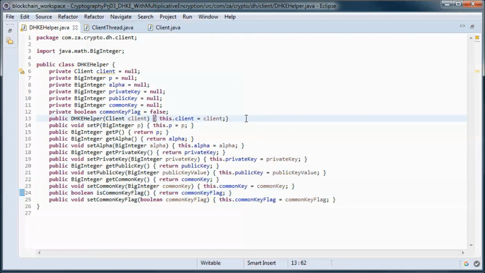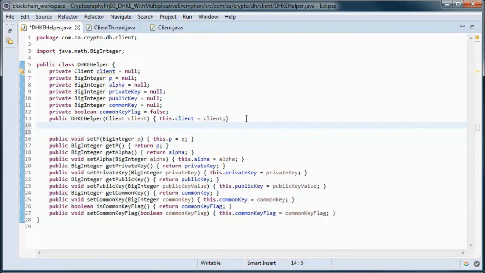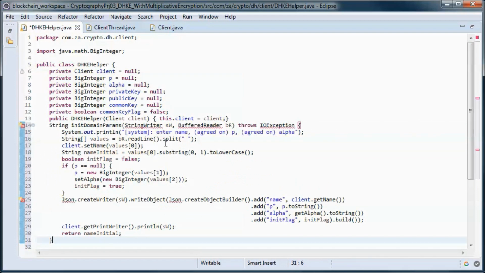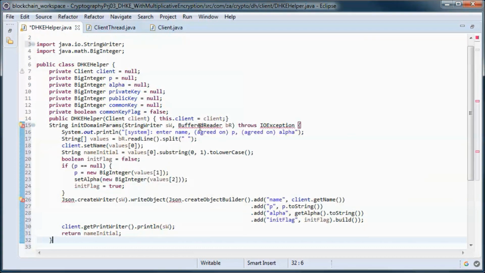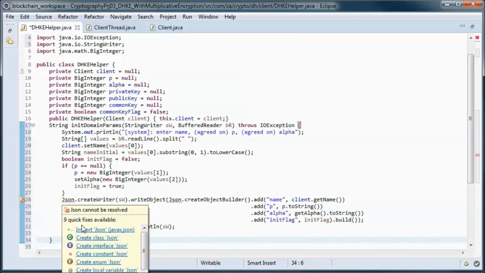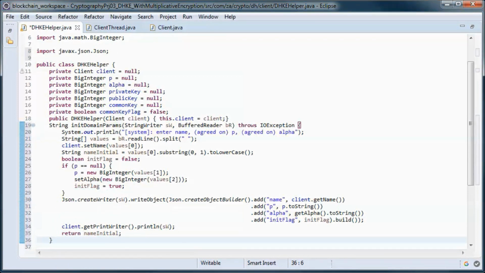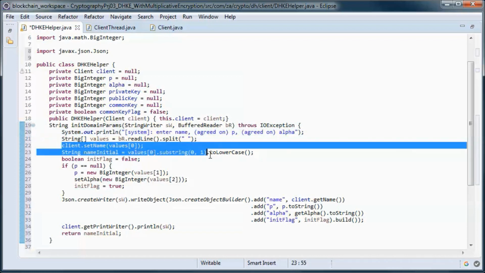And this method will initialize the domain parameters. So here we prompt the user for the prime number P and the generator alpha and their name, and we pick those up.